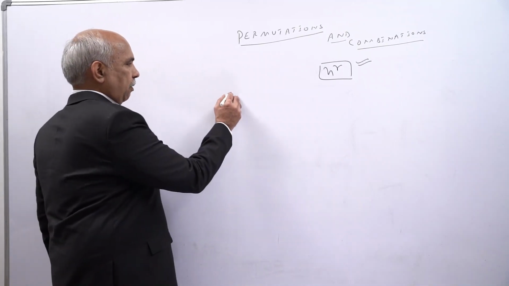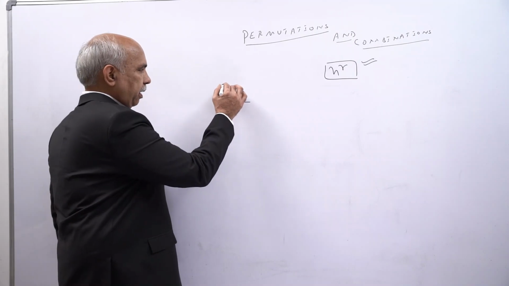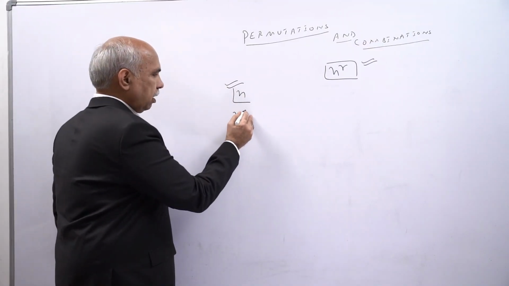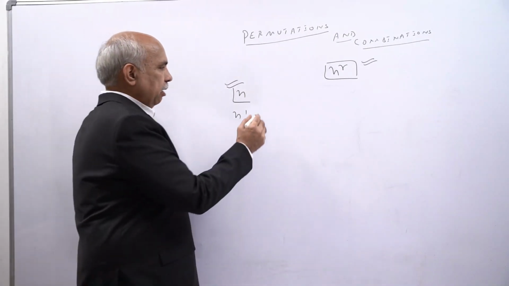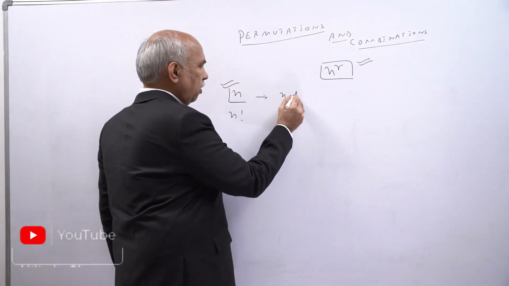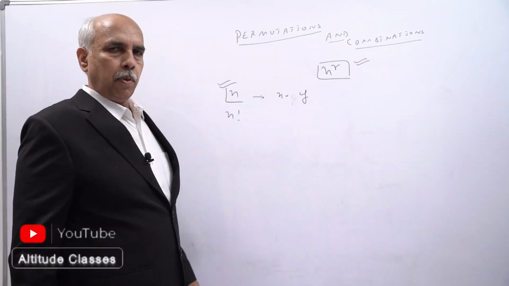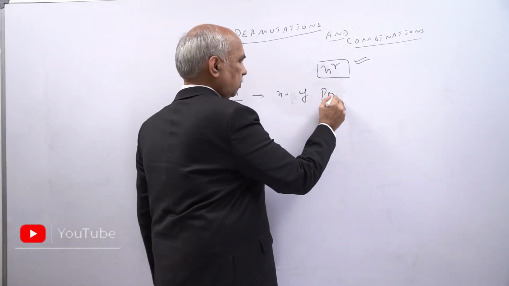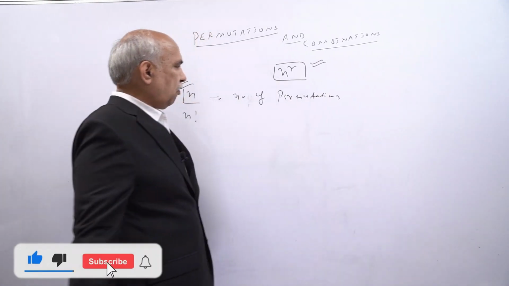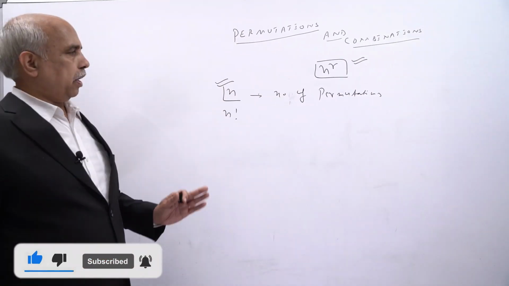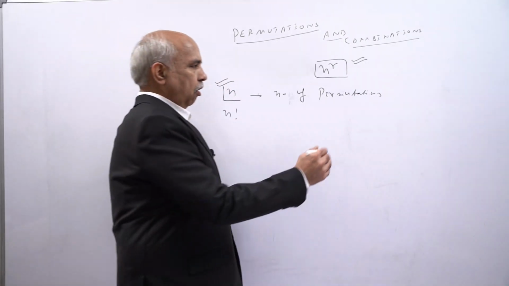The one formula which I am using is n factorial. Factorial can be denoted like this or like this also we can denote factorial. So, n factorial is the number of permutations of n different things taken all at a time is n factorial. N factorial means number of permutations of